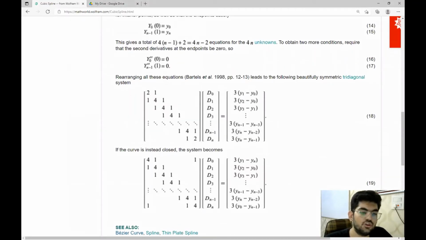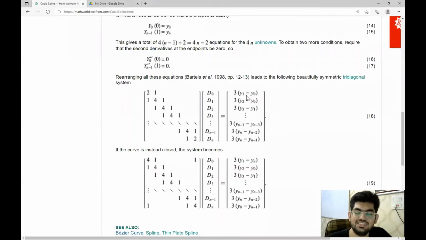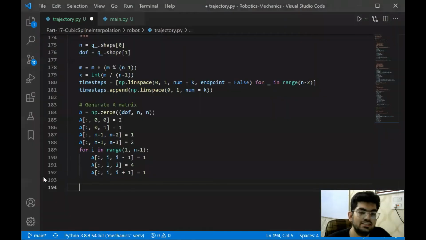Right, let's just first go on and generate the B matrix. Now what the B matrix is, is this matrix over here. I'm calling it the B matrix. So we have this equation of the form Ax equals B. So we're going to first solve for this B matrix as well. So let's generate that B matrix first.